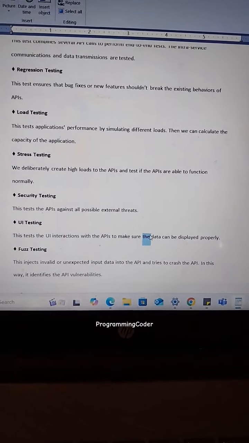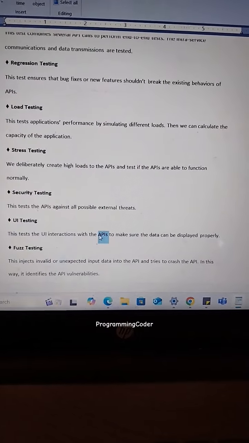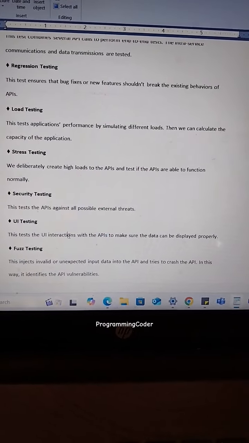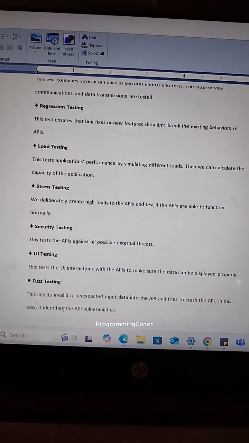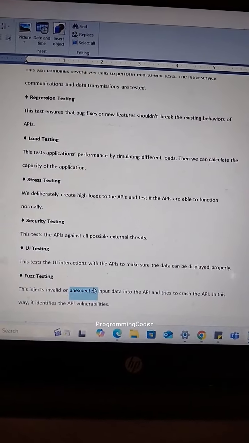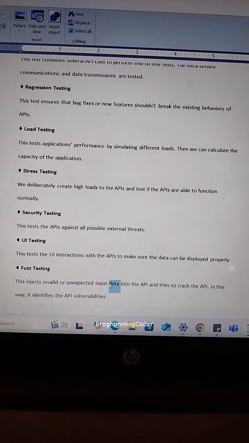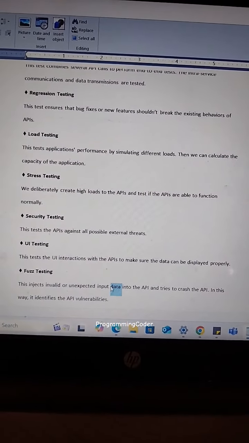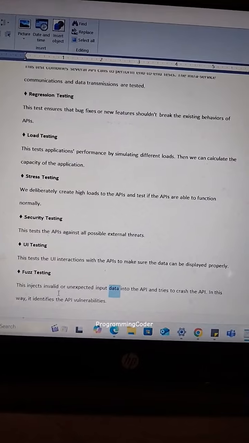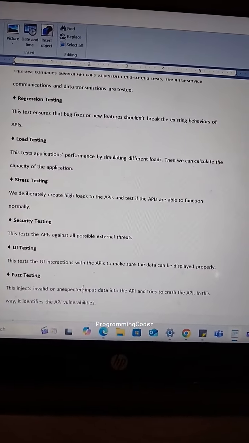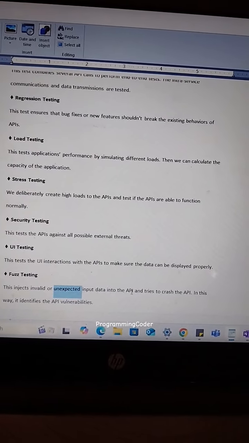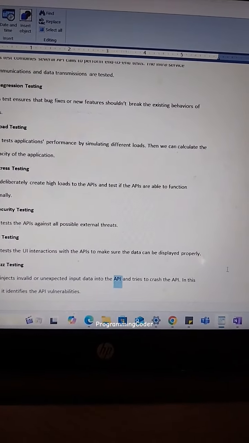It's giving a proper input to proper output result. And the last testing is testing the APIs with unexpected data, unexpected input, meaning we give an input that is not proper, and the API will give a proper response, a valid response to the end users, and it will not crash the API. And with this, we can check the vulnerability, is any